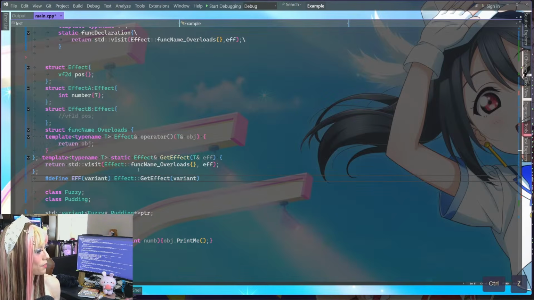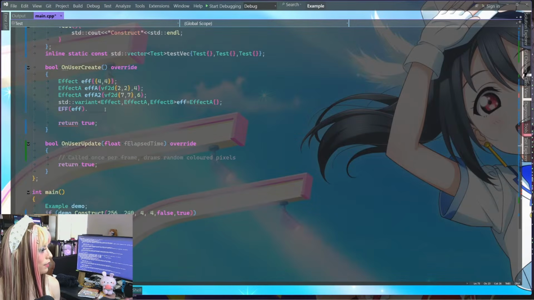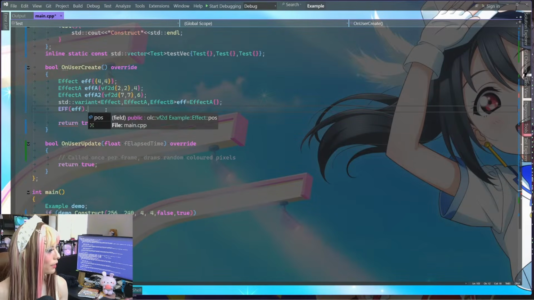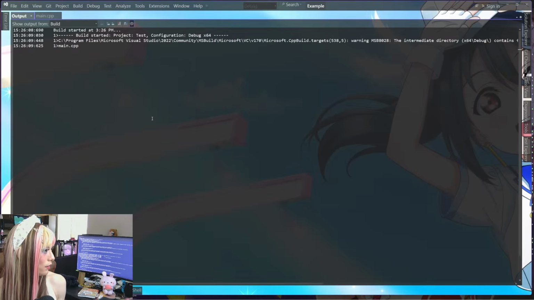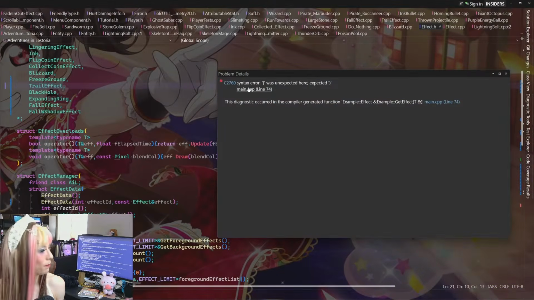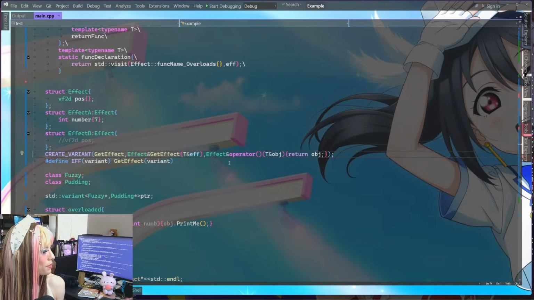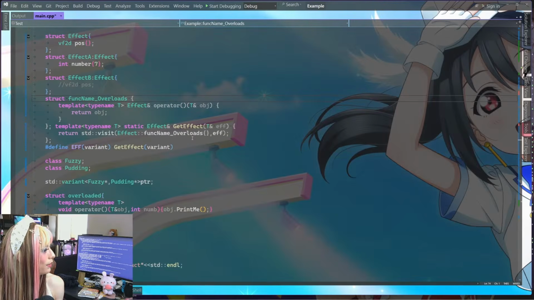Oh, we're not in a class called effect, that's why. This would just be get effect in the scenario. So then it would be dot pause equals whatever. And in theory, that would generate that. Like, that should be all we need, in theory. I messed up somehow? God. Okay. What did I do?